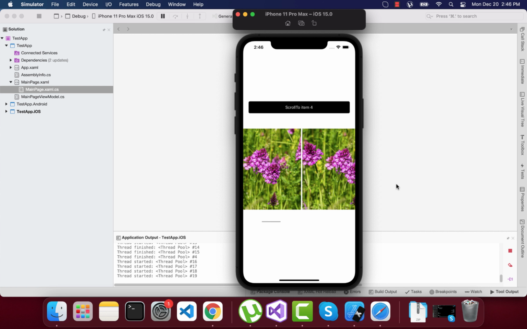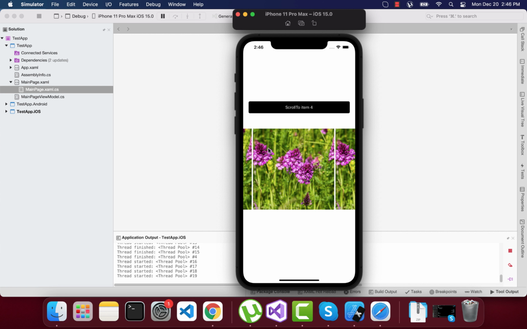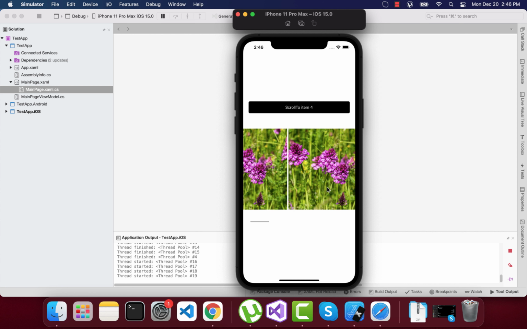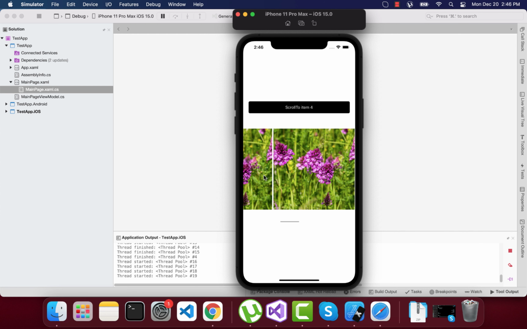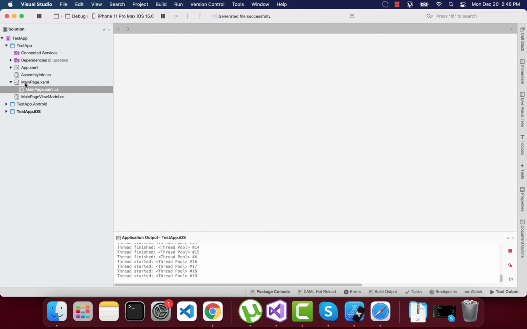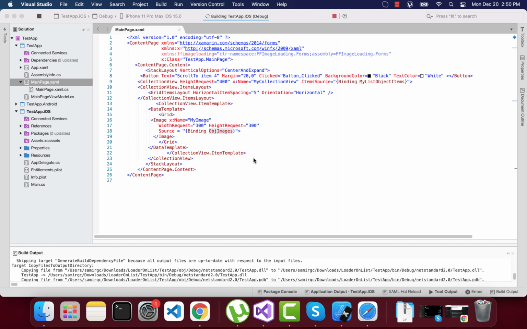This is really useful whenever we get items out of the API, or we get an item from a push notification where we want to show the fourth or fifth or any item as the first priority. In order to implement it, we have a collection view which gets its item source from the view model, that is from my list obj items object.